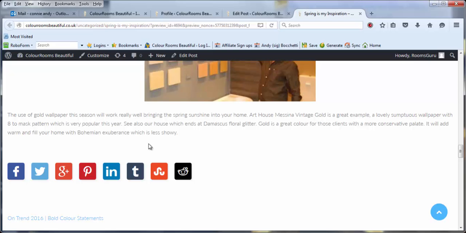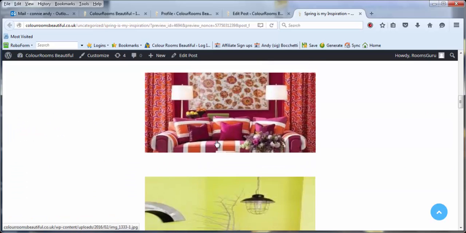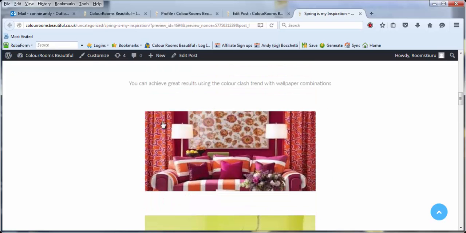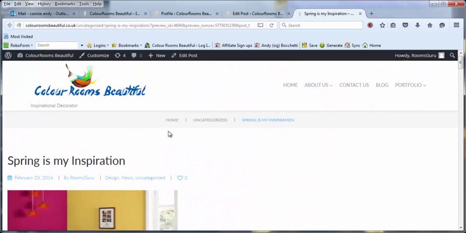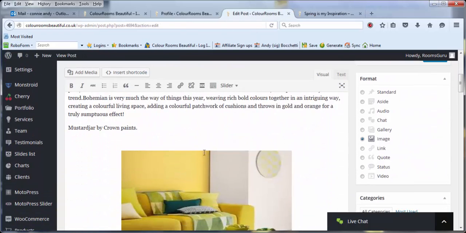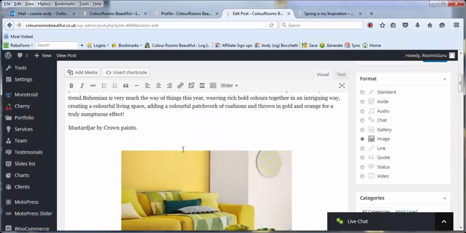This is what it will look like live on the web. Now you can mess around to make it look different to this. It doesn't have to look like any of this. Actually, you can make it look quite a lot different. I'll show you what I mean. If I go back to edit the post, if I change, say,